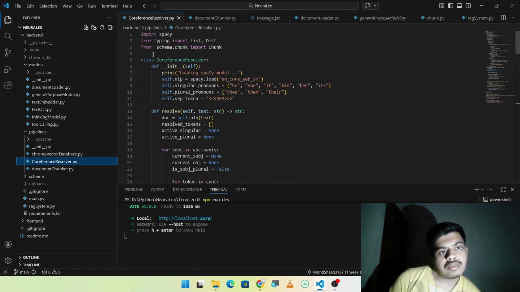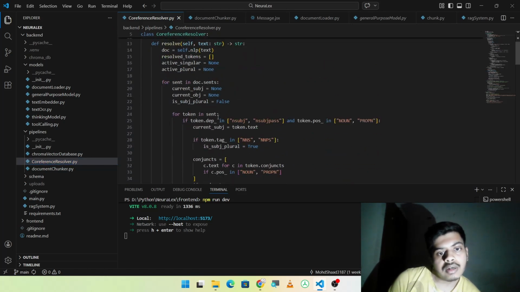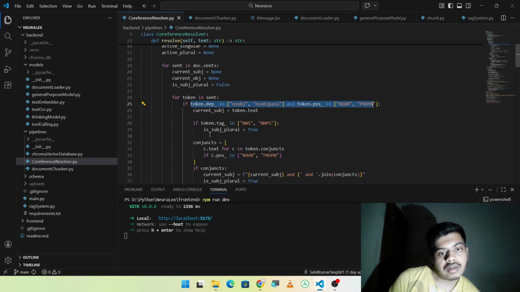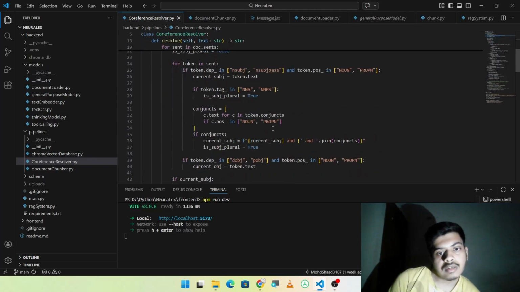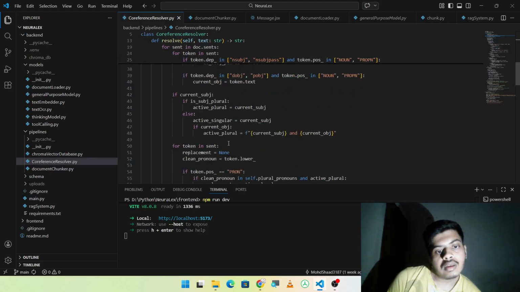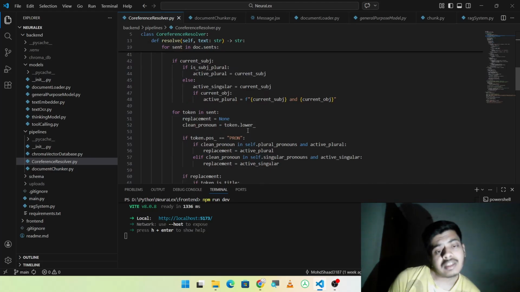So we are basically using spaCy. It's a library which finds subject, object, noun, pronoun, what kind of token it is. Based on that, if we get any pronoun, we change it to the last active noun known to us, and that's how it works. Yeah, it's not accurate, but